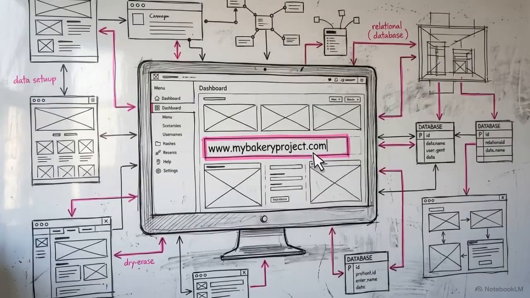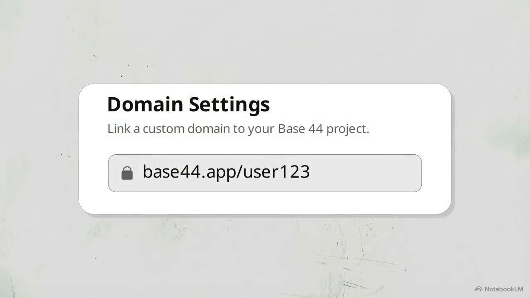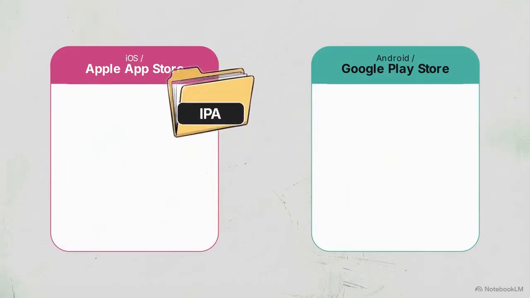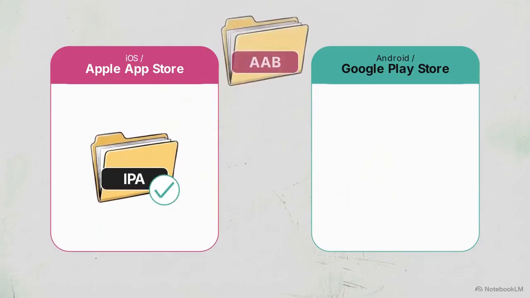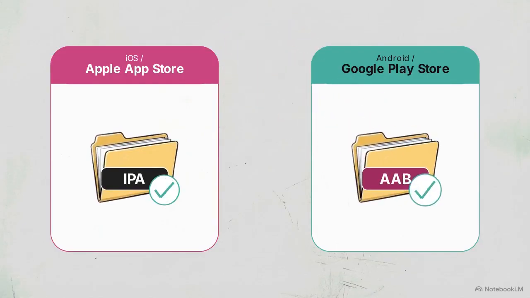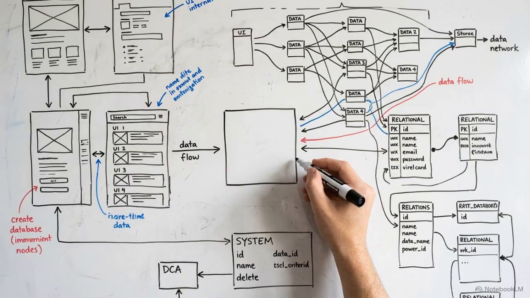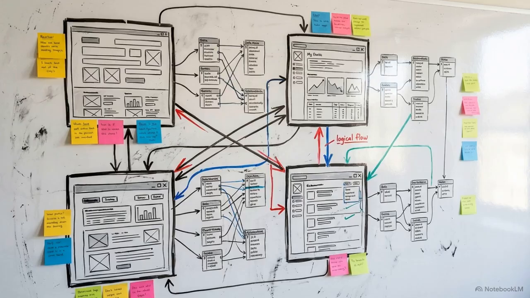For professional branding, you can connect a custom domain through the dashboard to replace the default link with your own URL. To expand onto mobile devices, you can generate IPA and AAB files directly. IPA files are used for submitting apps to the Apple App Store, while AAB files are the format required for the Google Play Store. With infrastructure and coding automated, your primary leverage is how quickly you can execute your ideas. Start with a clear concept, build the initial structure, and refine it as it